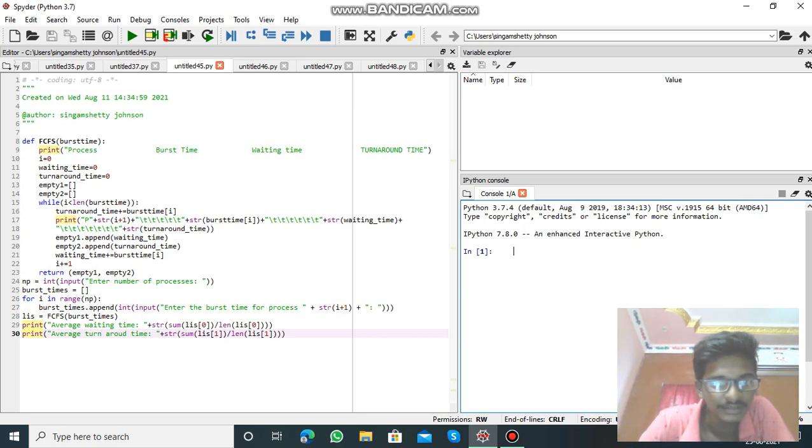Explain number 4, CPU scheduling algorithms for FCFS, SJF, round robin and priority using Python. First we initialize the variables waiting time, burst time, turnaround time. Then we use a while loop with pointer I